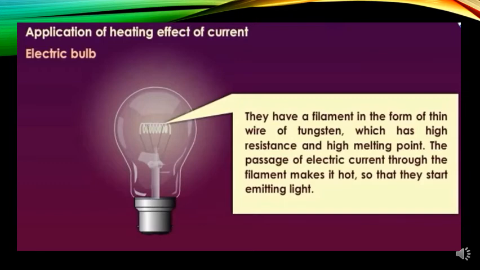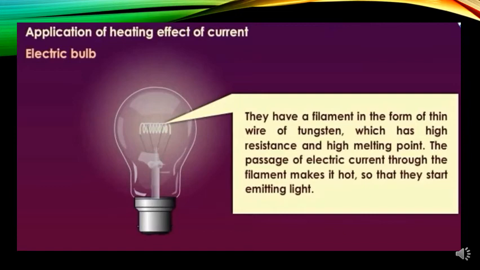You should also be knowing what is the gas that is present inside the bulb. Have you ever wondered what it is? You will know now. If air were present in an electric bulb, then the extremely hot tungsten filament would burn up quickly in the oxygen, isn't it? So, the electric bulb is filled with a chemically unreactive gas like argon or nitrogen. The gases like argon and nitrogen do not react with the hot tungsten filament and hence prolong the life of the filament of the electric bulb.